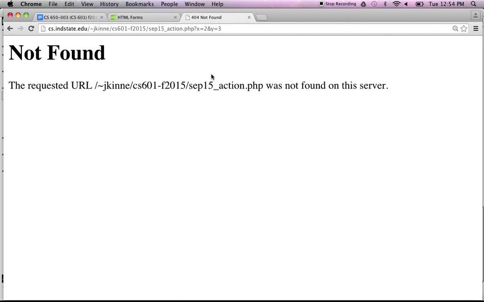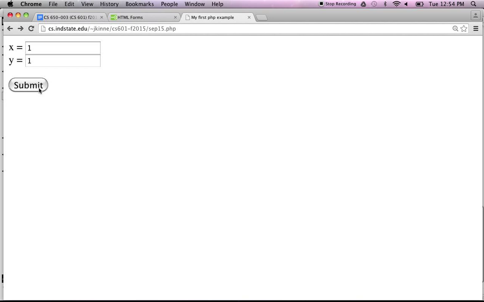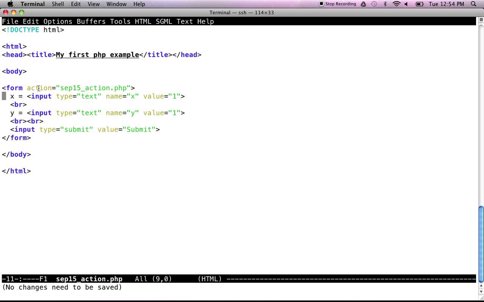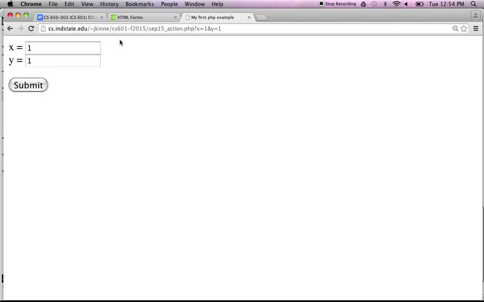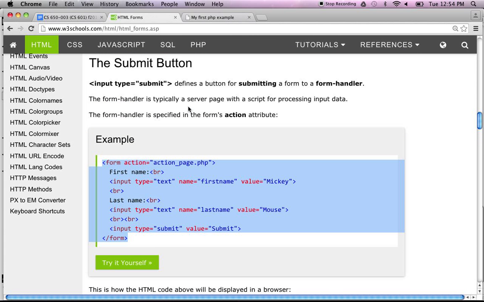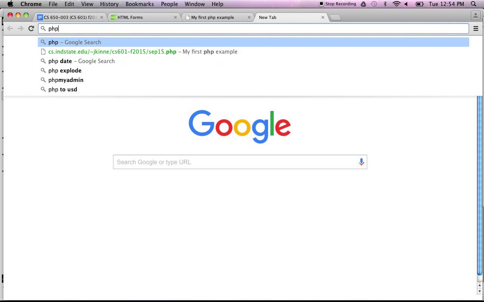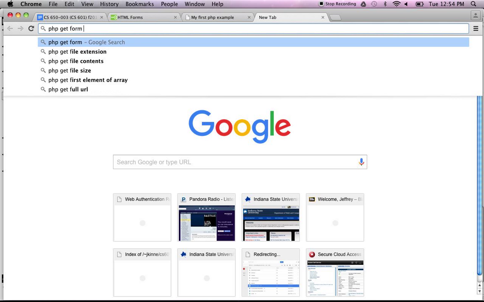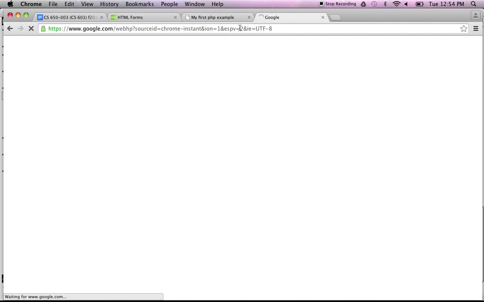So now if we go back, I just put the same file there, and we want to get access to these. The whole point is to get access to these values, right? Okay, I actually have not looked ahead. Has anybody read this part of the notes? Nobody. All right. And you can do this.